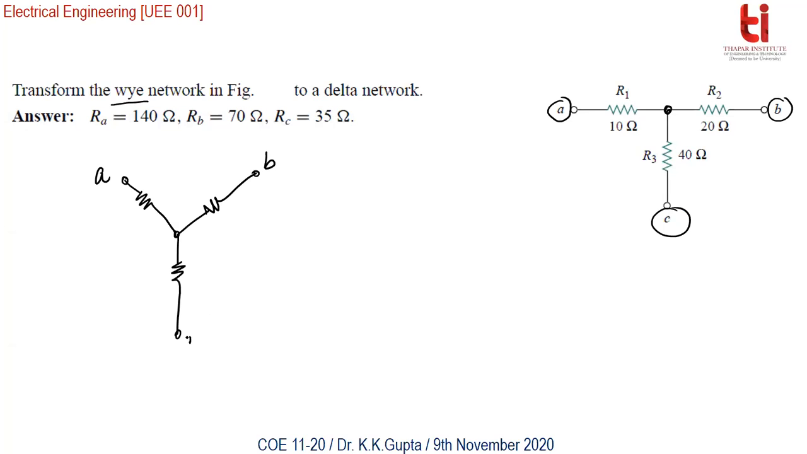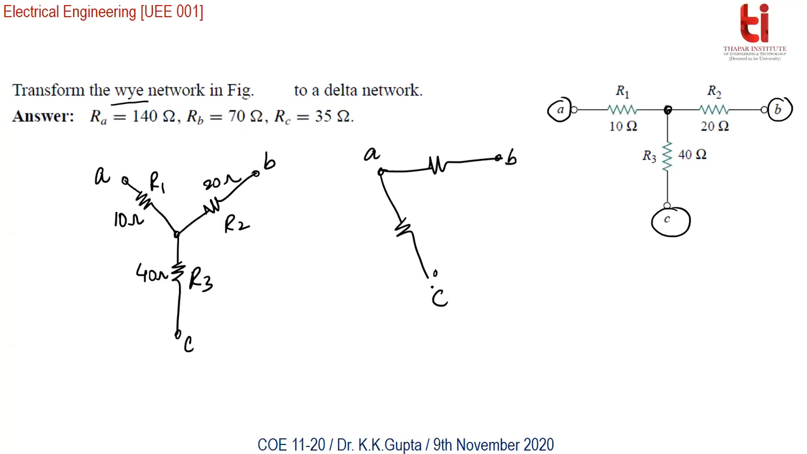So a star is given here, R1, R2, and R3. The values are 10, 20, and 40. We are required to calculate the equivalent delta between A, B, and C, right? So I am drawing those resistances also. This will be marked as RC, this is RA, and this is RB. We remember the formula. I'll just calculate one of these. So RA